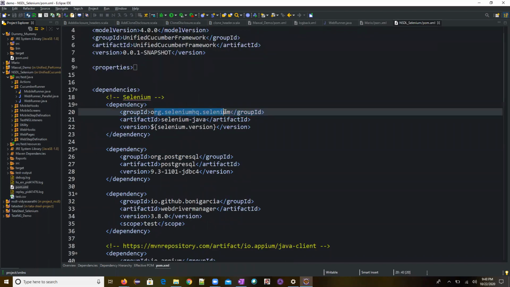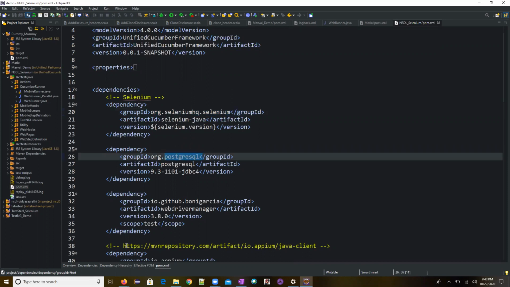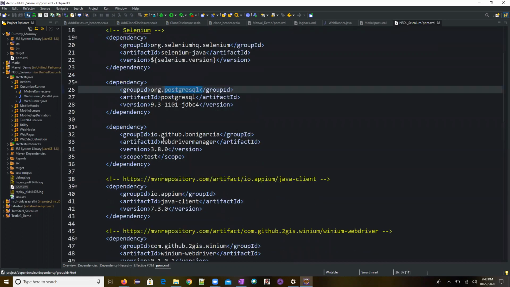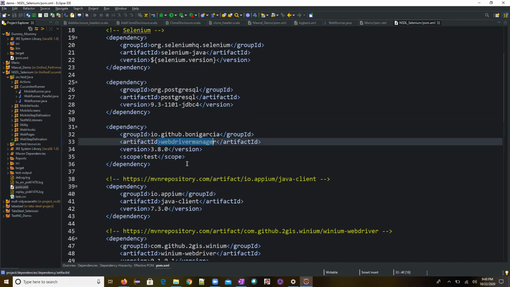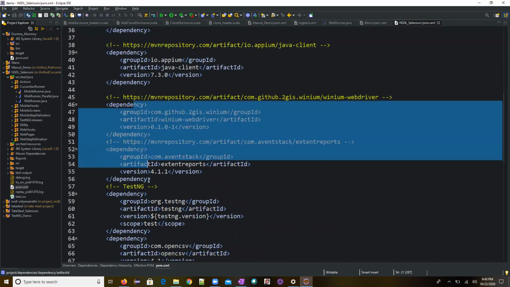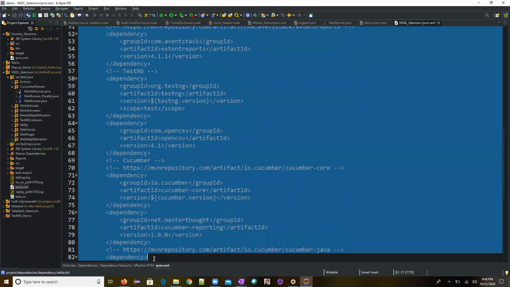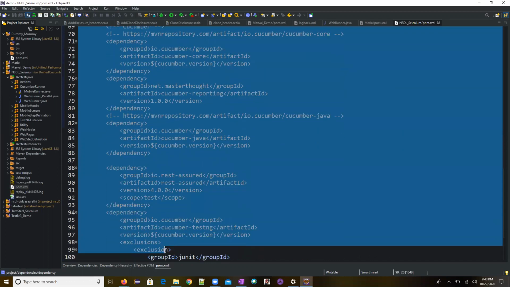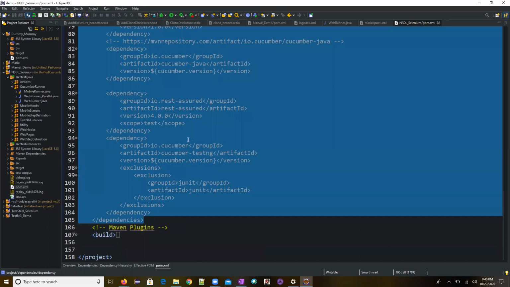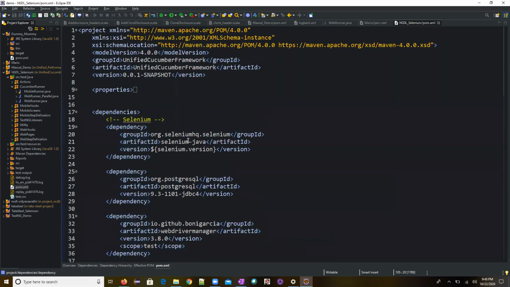We are trying to get the Selenium dependencies, the PostgreSQL dependencies, and the WebDriver manager dependencies. If I want to update a dependency, I'll go here and update the version number.